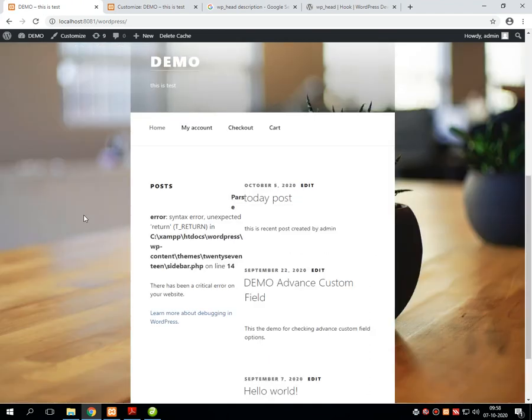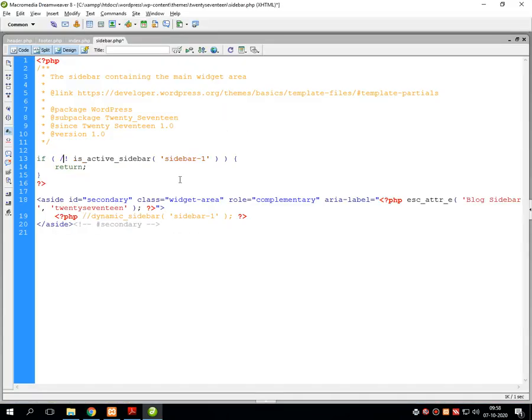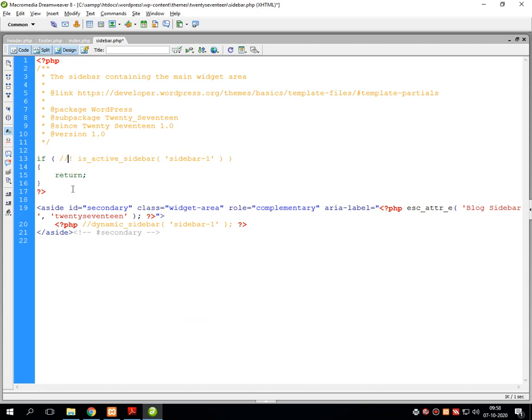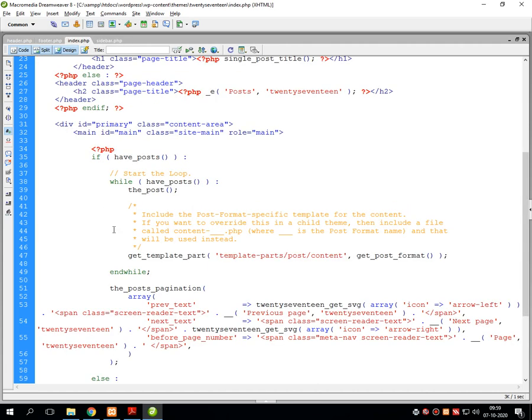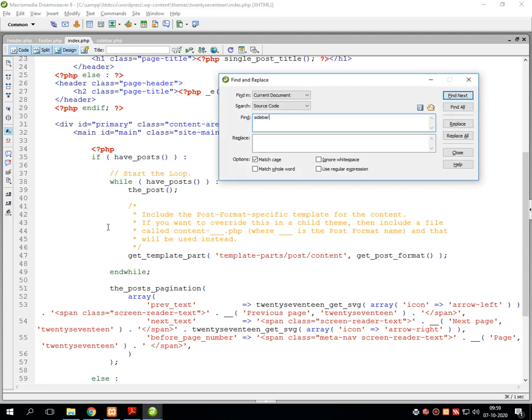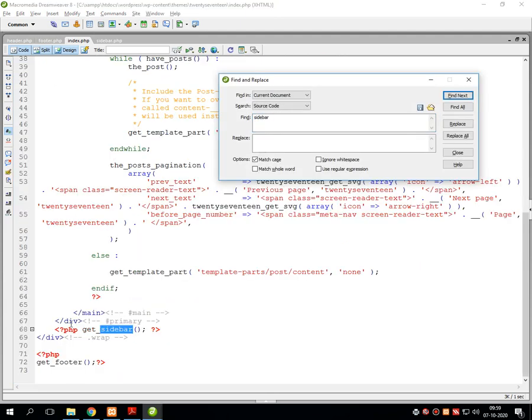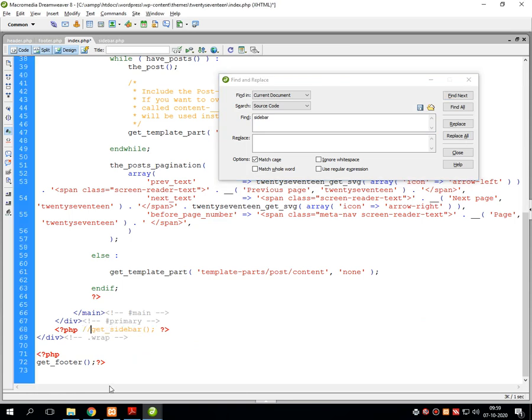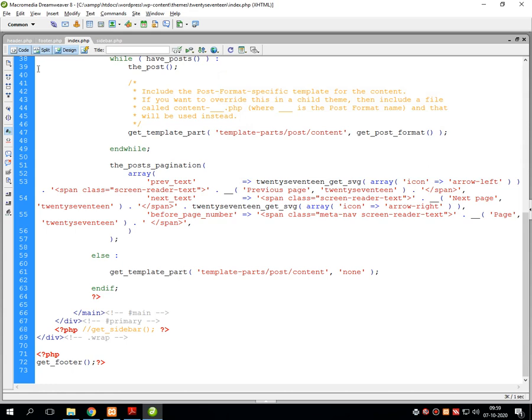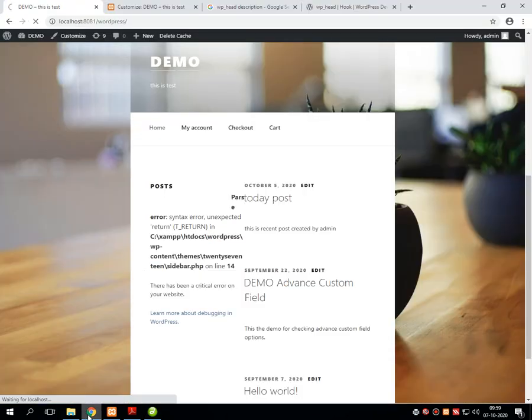Error. I'm doing it wrong. Don't change over here, just go into the index.php and search for get underscore sidebar, and put it into the comment in the index.php, and then just refresh the page.